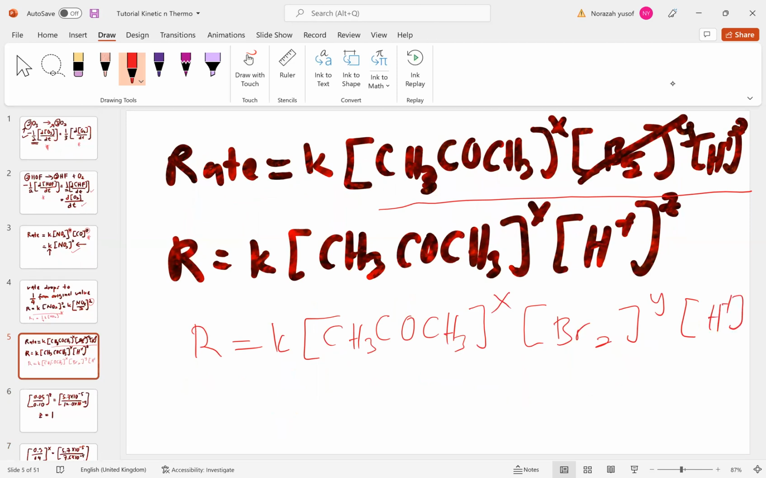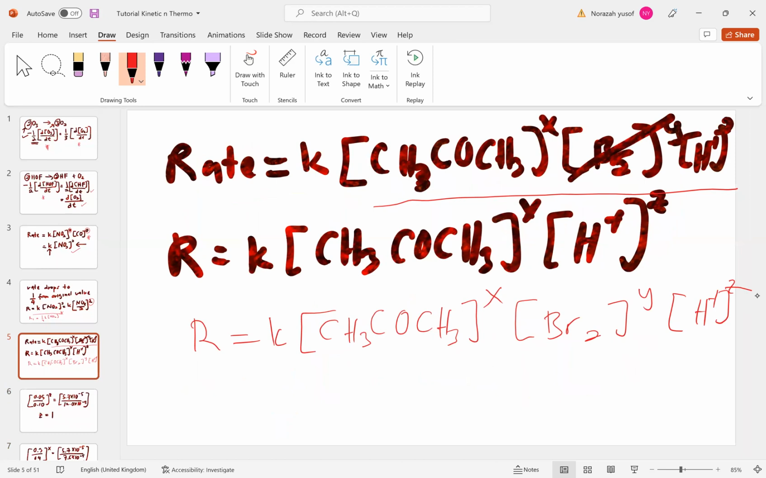H plus ialah Z ya. Nampak H plus ialah Z. Got it. Sebab dia acid catalyzed ya. So kita cuba selesaikan satu-satu, tapi sebenarnya kalau kita tengok dekat bromin tu, okay, bromin tu obviously kalau kita tengok jadual dia, semua orang tengok jadual tu,